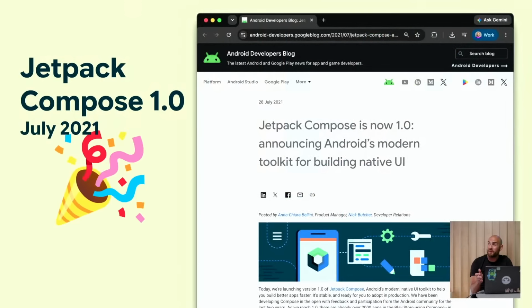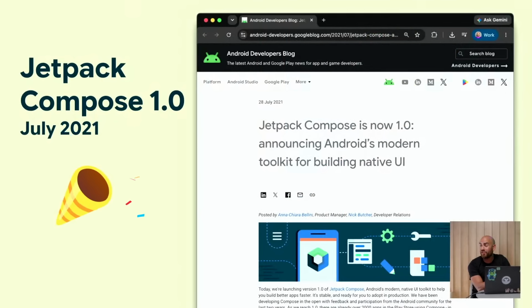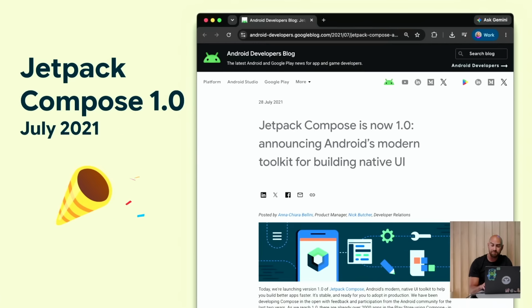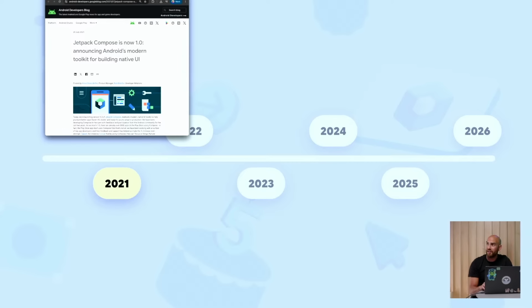First up, Nick is going to give us a quick rundown of how Compose has changed over the years. Thanks very much, Rebecca. So, Jetpack Compose, it's been 5 years since we announced that Jetpack Compose had gone 1.0, that it was stable and ready for production. But actually, we started working on Compose a little bit before that. So I don't know, is it 5 years old? Is it older than that?